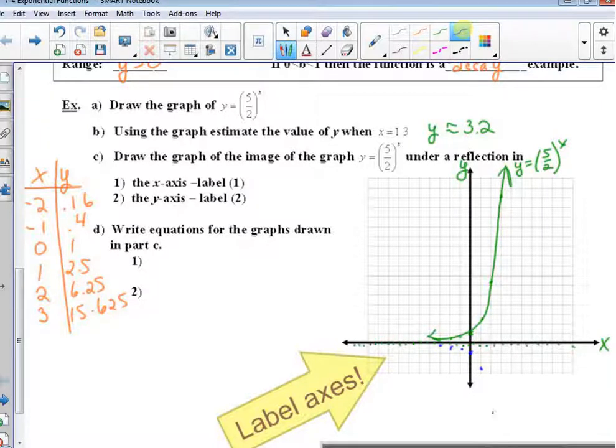And so I'm obviously not going to be able to get that 3. I would be going over 3 and down negative 15. So I'm just going to kind of go like this. Okay, and that would go like that. So that would be number 1. And then I'm going to do over the y-axis, so it's going through that 0, 1 again, but